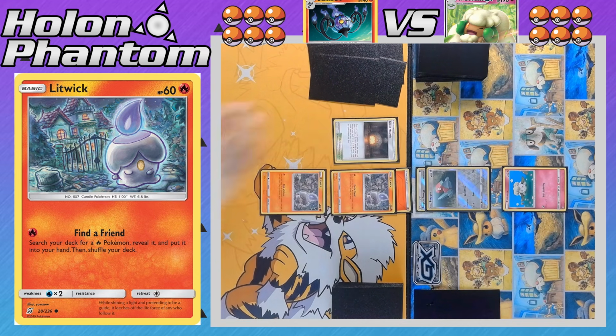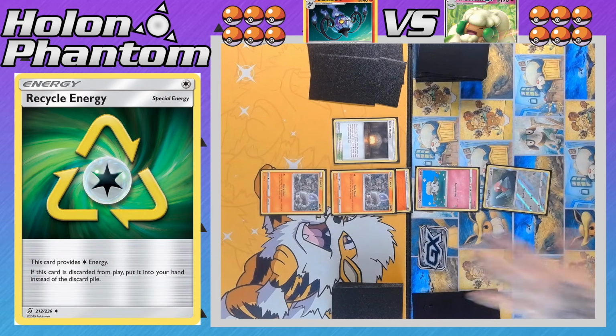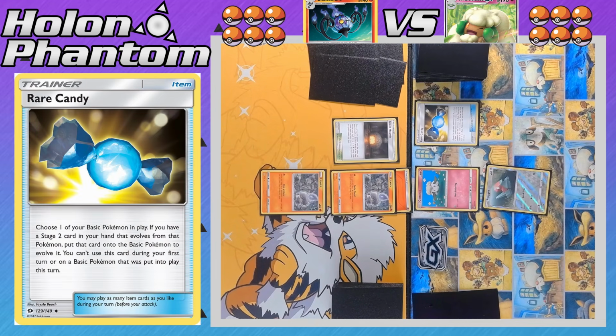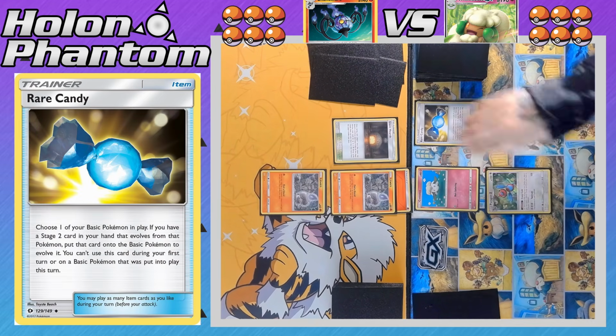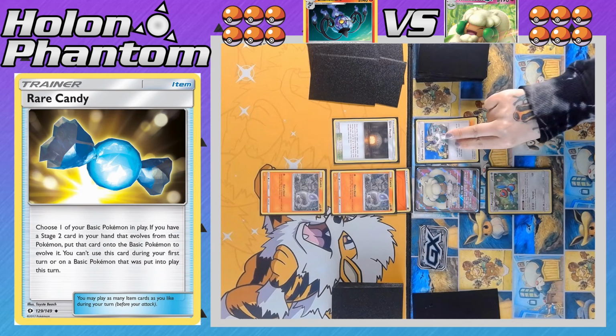Okay, off to a pretty good start so far. Back over to the Whimsicott side. Let's see what they can do. Okay, now the Porygon's going to be retreating, discarding the Recycle Energy. And the Recycle Energy does return to the player's hand every time it gets discarded. Okay, there we see the Rare Candy evolving Porygon into Porygon-Z, along with the Cottony evolving into the Whimsicott GX,